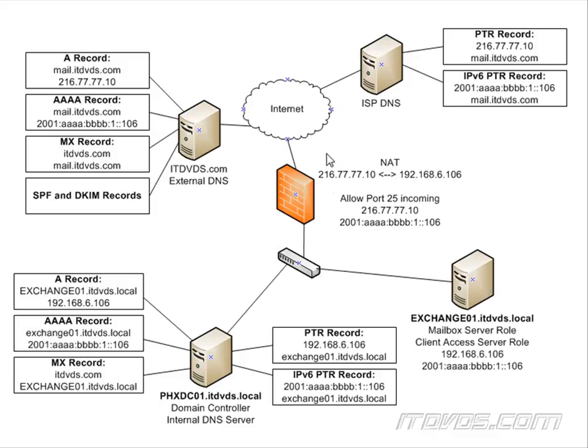Now our external IP addresses, most of the time we're either going to get them from our Internet Service Provider or our colo if we're in a data center. If we have a larger company, we may actually register and maintain our own IP block of external IP addresses, both for IP version 4 and IP version 6. Now with IP version 4, we would have had to have been a pretty large company in order to have our own IP block that we manage and handle the routing for. With IP version 6, we can be a smaller company and have our own IP version 6 block,